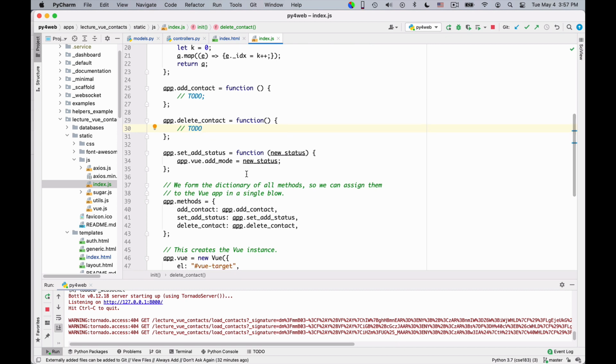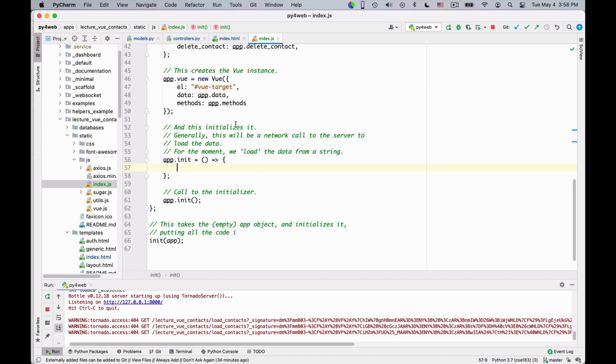I need to write a function in the controller that is able to give the set of contacts to be displayed. And I need to write in index.js something that first thing will go fetch these rows and populate them, so that when you load the page it will initially contain those rows. So the first thing we want to do is loading these rows from the server. So you see that app has an init method that is used essentially once you define all the code to initialize the data via possibly a server call.